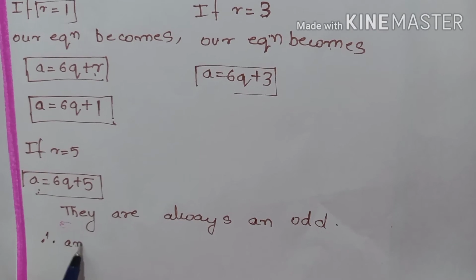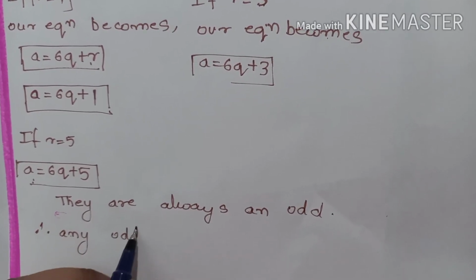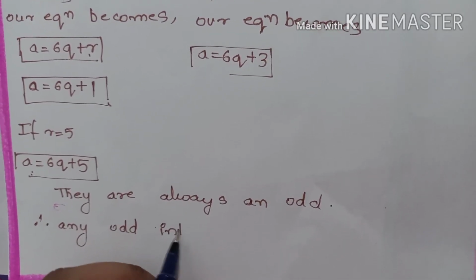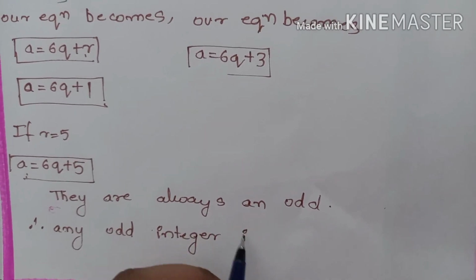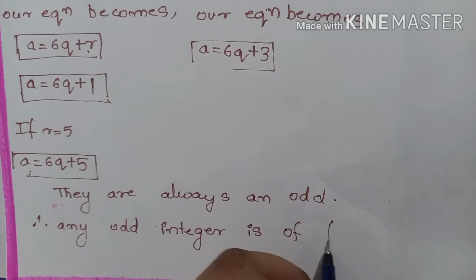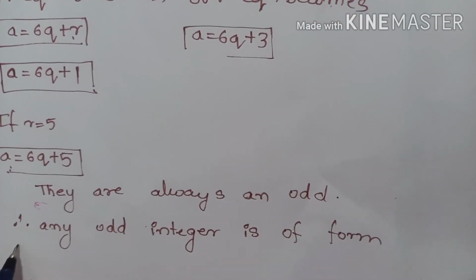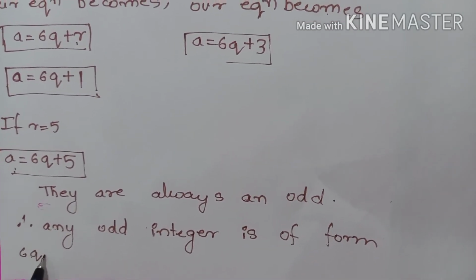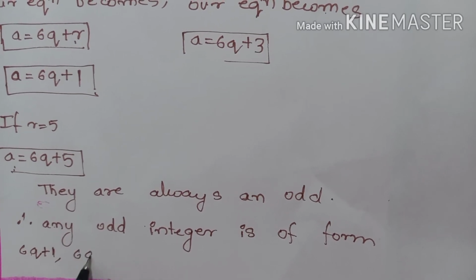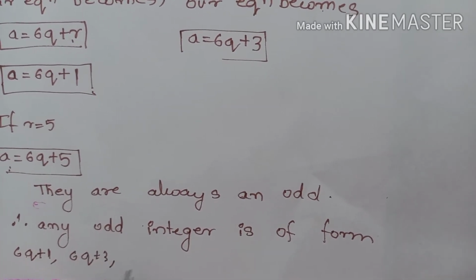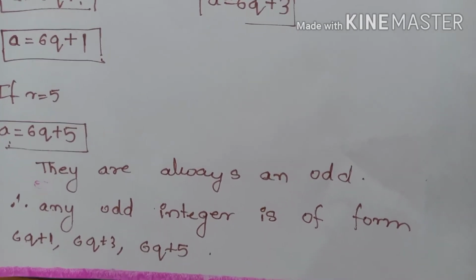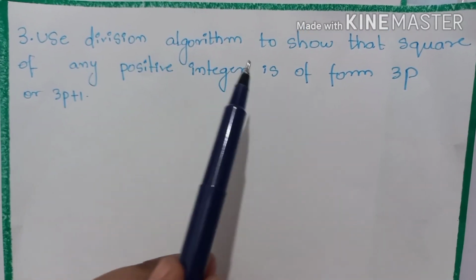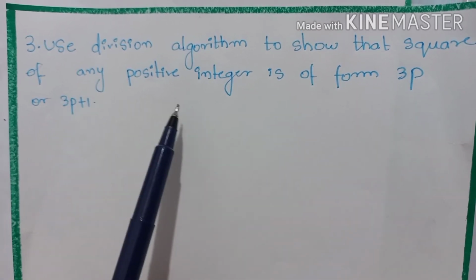Therefore, any odd integer, don't forget to write the conclusion. Any odd integer is of the form 6q plus 1, 6q plus 3 and 6q plus 5. And that's the solution. Now the third question: use division algorithm to show that the square of any positive integer is